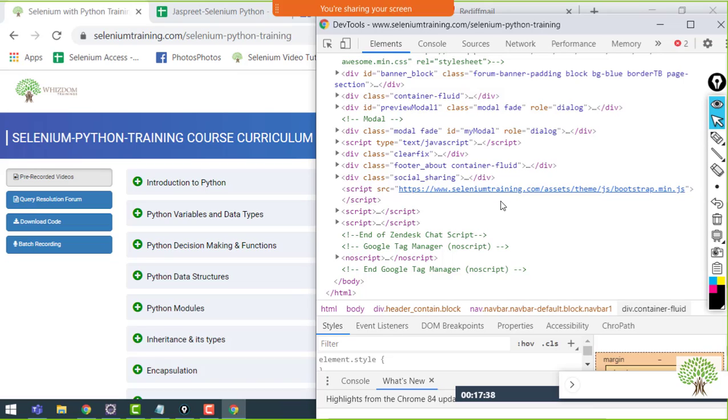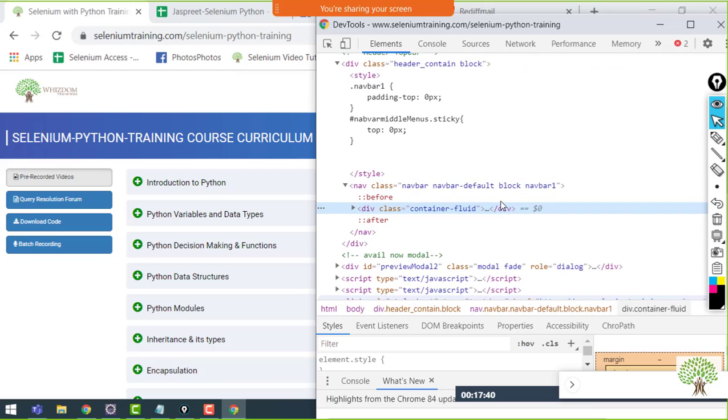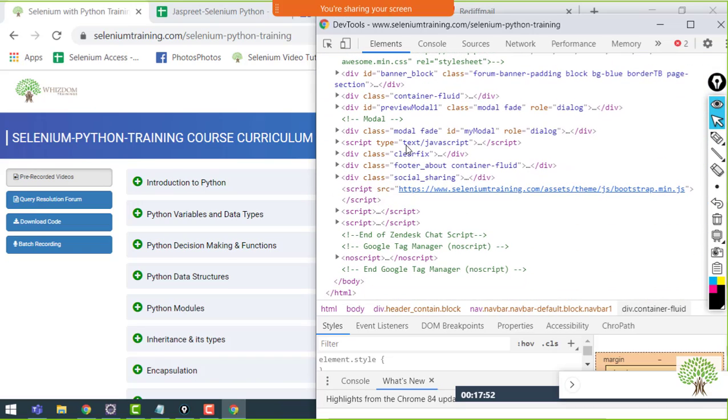This is basically called the page source of the particular page that is loaded on the screen right now. And this is a response from the server that we get whenever we load any page. Every page will have a different one. So it's totally the server response, and this particular page source contains a number of tags which have multiple attributes.